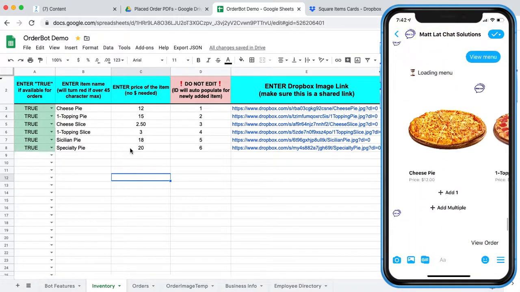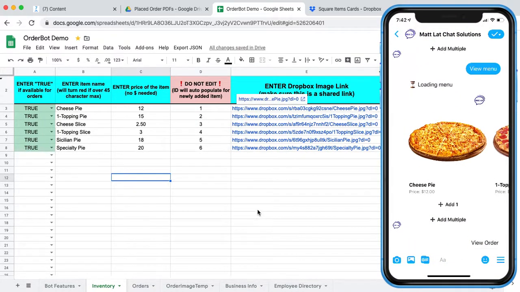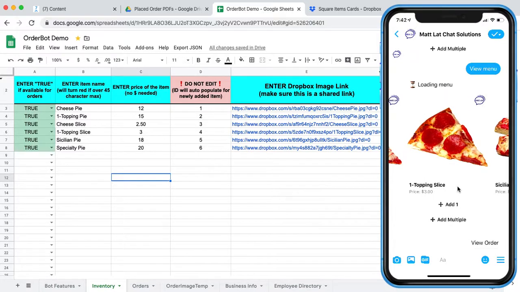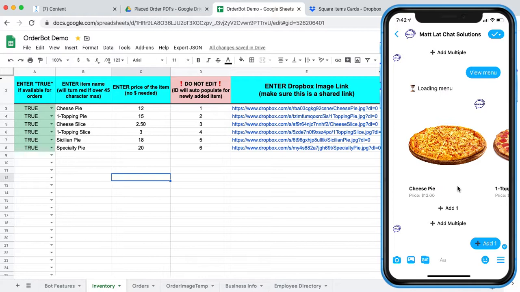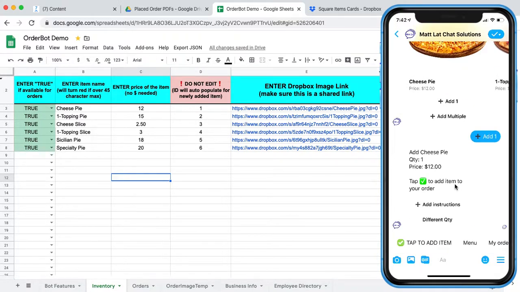All right. So as I said, you can add items in quantities or just one at a time with these two buttons underneath the item. So we'll go and add one cheese pie. The bot will then tell you what you're doing. Each time, every button a customer clicks, the bot is going to show what they are doing or the next steps and give them all options. So from here, a customer can either add instructions or they can choose a different quantity. Because remember, they chose add one. So I'm just going to go ahead and add this to the order and show you what that looks like